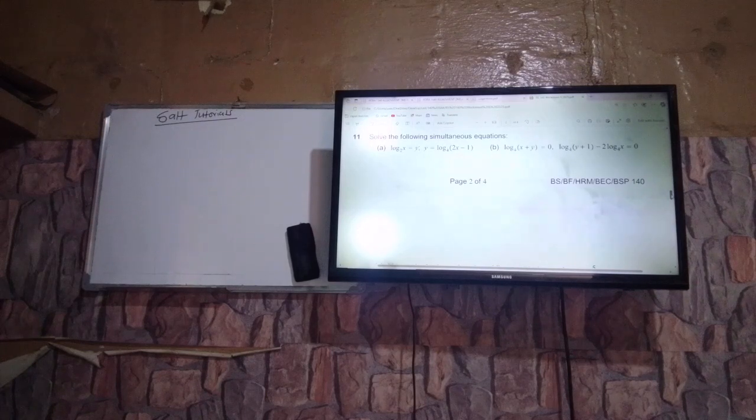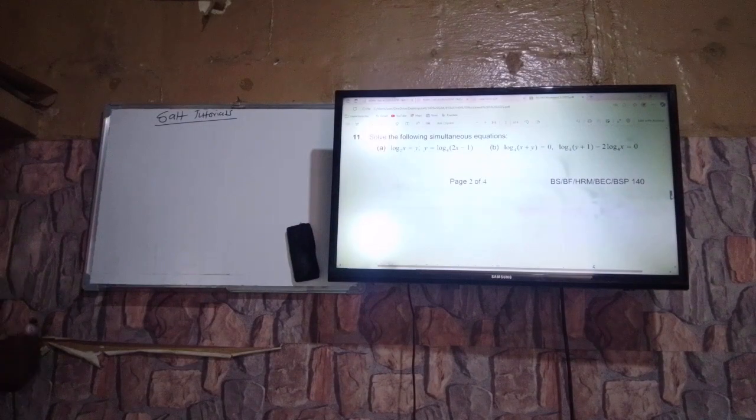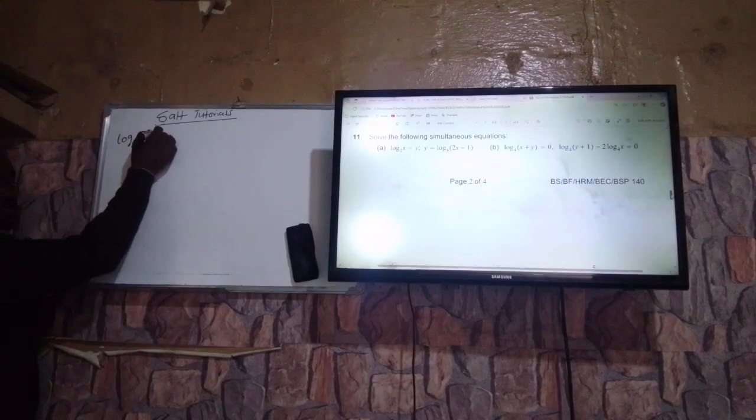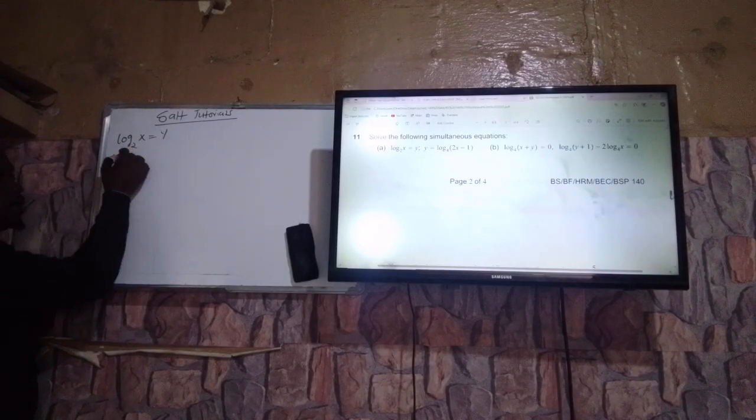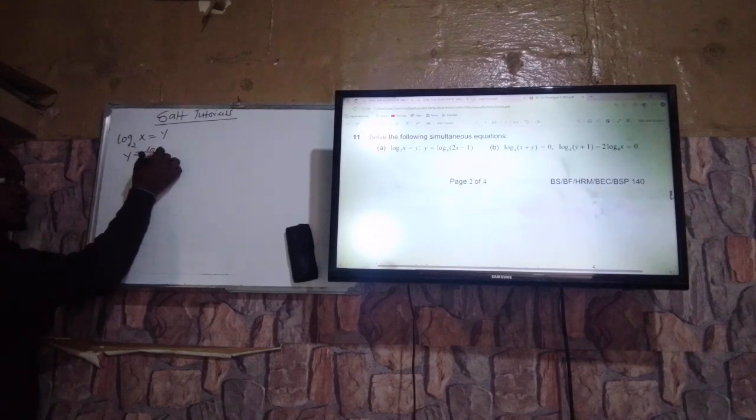I'm sure my screen is able to reflect some questions there. If you're not able to see clearly, you can still refer to your worksheet 6, question 11. So we'll start with the first one. We want to solve the simultaneous equations: log base 2 of x equals y, and another one which says y is equal to log of base 4